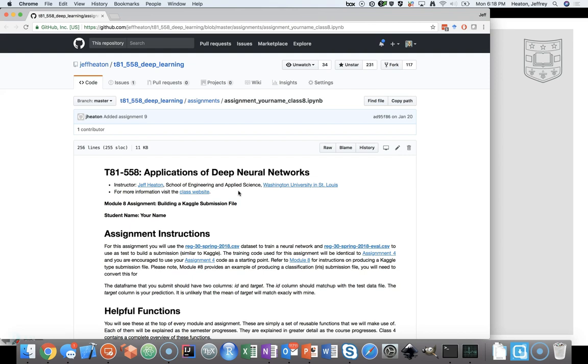But one of the ideas of Kaggle is that you do not have to upload your model source code to it. You simply take the data set from them, and they give you a test data set, and you generate the predictions for the test, and you upload that to them. And they know what the answers are. So they will evaluate that and give you back your score. And then your score is ranked with other people who have competed in Kaggle. And Kaggle is brutally